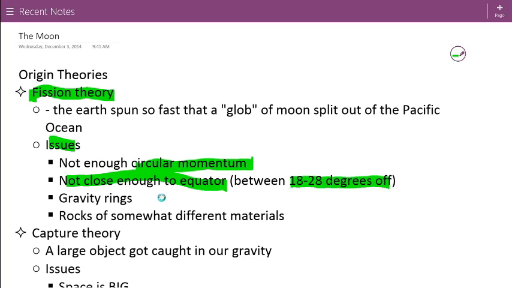Instead of forming a ball, it would form just kind of rings, and it'd